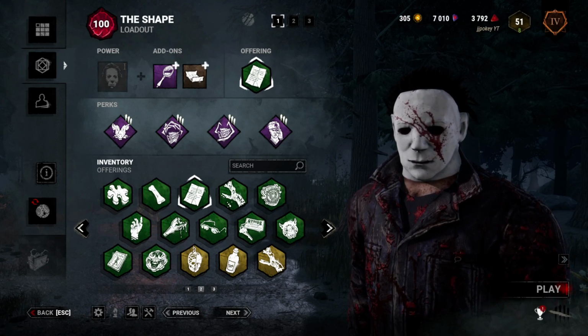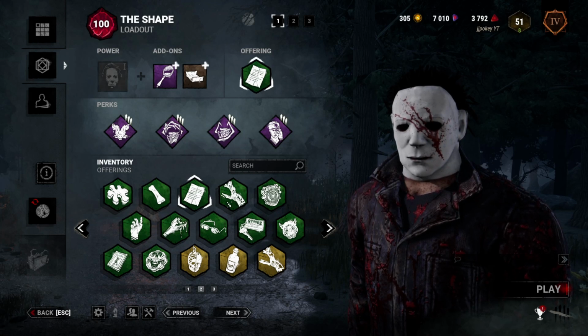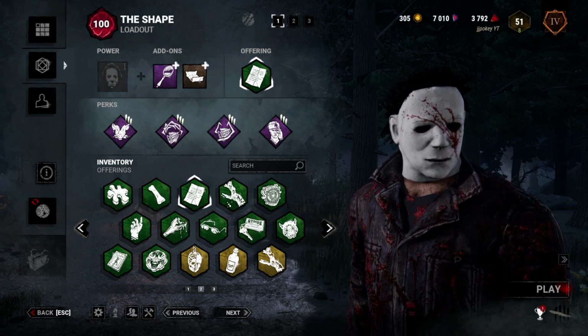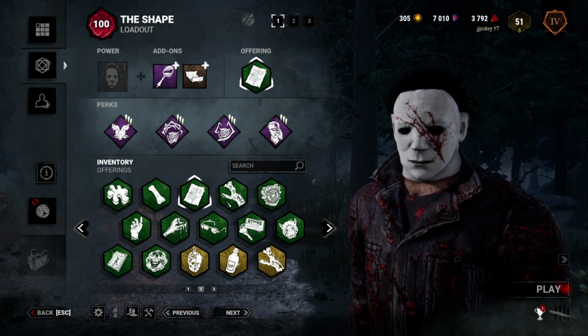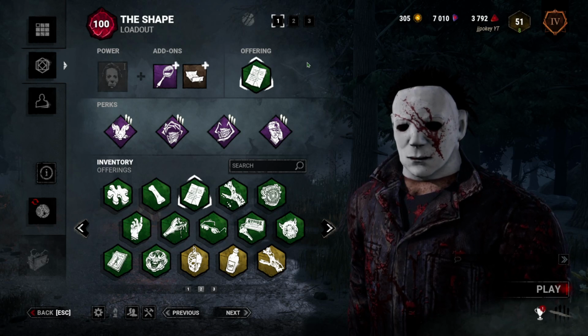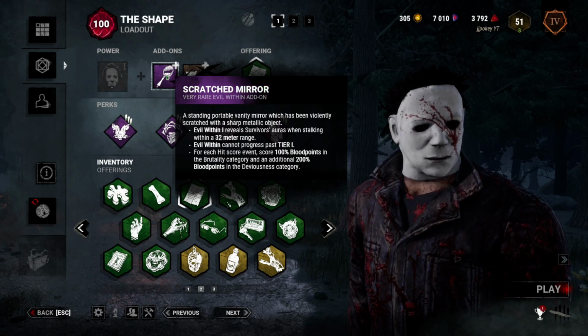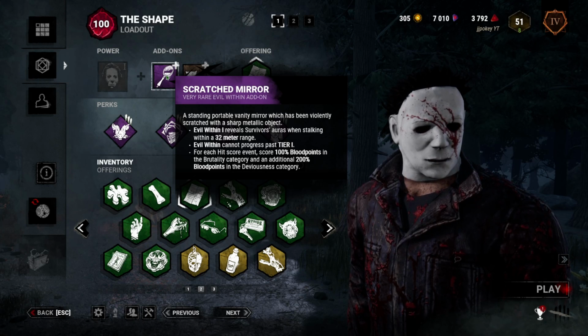Today we're going to have a little bit of a tutorial and some lessons on how to become a more scary Michael Myers in Dead by Daylight. When I say scary, Michael can be scary in many ways. He can be very dangerous scary, but today we're really going to focus on what most of our YouTube channel is about, which is using the Scratch Mirror add-on to essentially scare Twitch streamers and of course the other people in